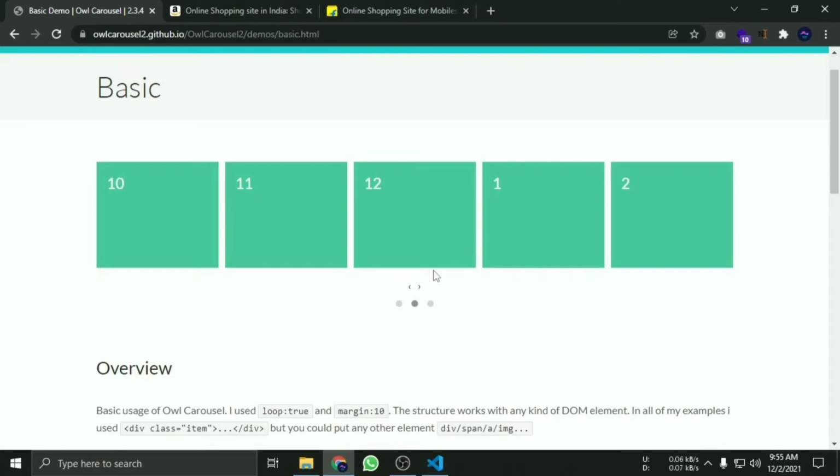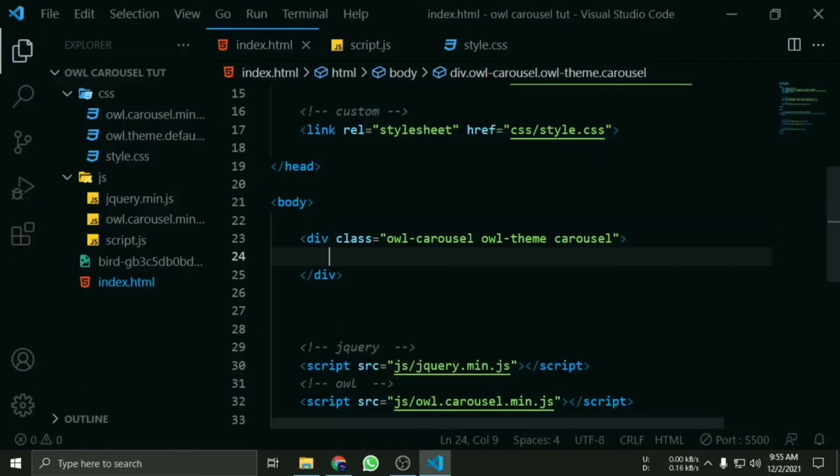Okay, so for example, if you have 30 children, then you will have 30 items in your carousel. If I add one div, then it will be one item in my carousel. Make sure to add some class. You can give any class name, for example I just give carousel-item. It is our custom class name, but make sure to add one, because from there we will be targeting all our inside elements.